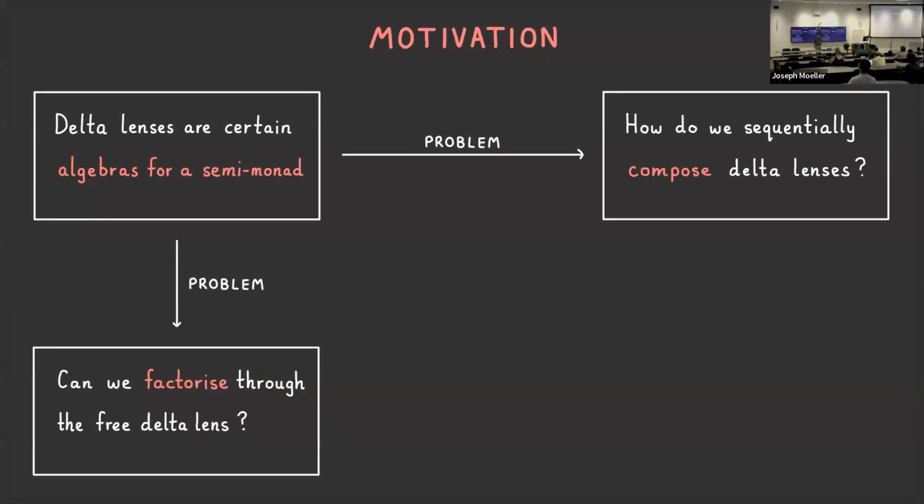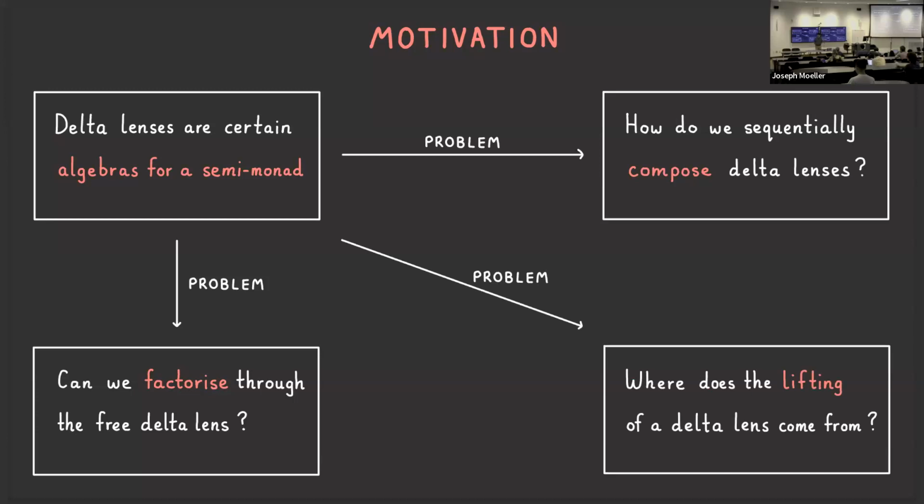We have another problem, which is that when we look at delta lenses, this formulation of delta lenses as algebras for a semi-monad, it's not actually clear how to sequentially compose them. So one of the most important things about working with lenses is that we can compose them. If we think of them as sort of keeping systems in sequence, we want to be able to do that in sequence and get a new lens out. But it's not really clear at all how to do this when we form algebras for a semi-monad. So a lot of work I've been doing over the last few years is sort of answering this problem with different techniques, but there's been no real technique where we sort of keep the formulations